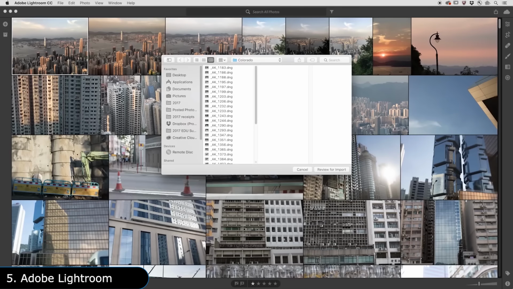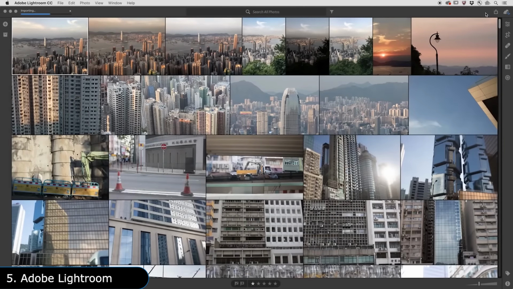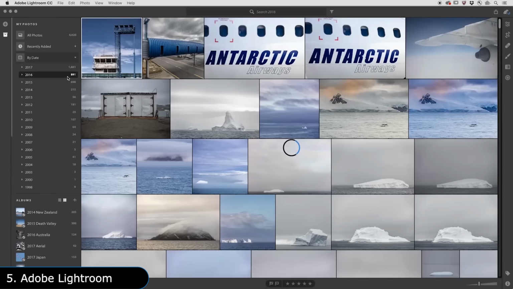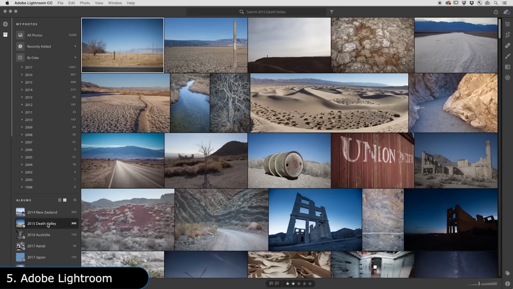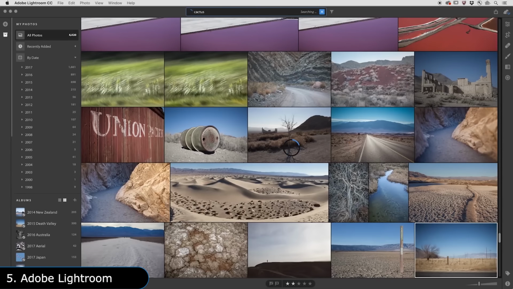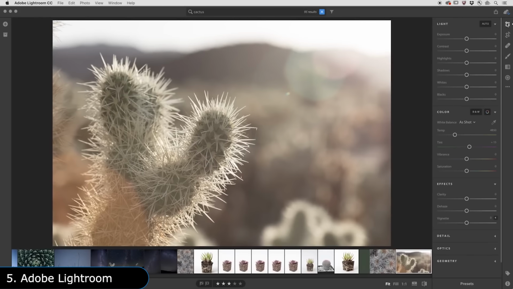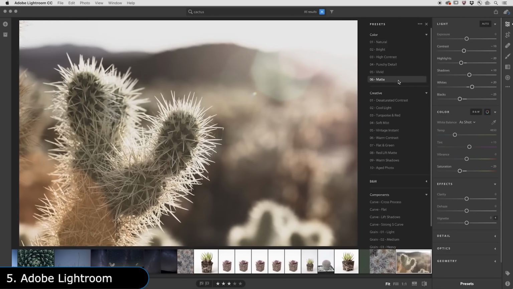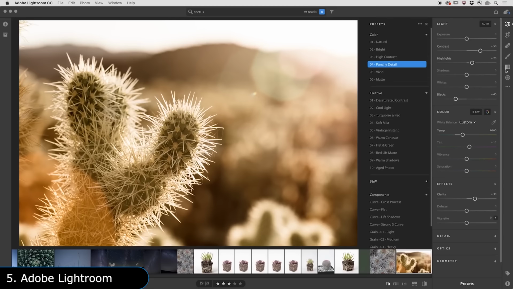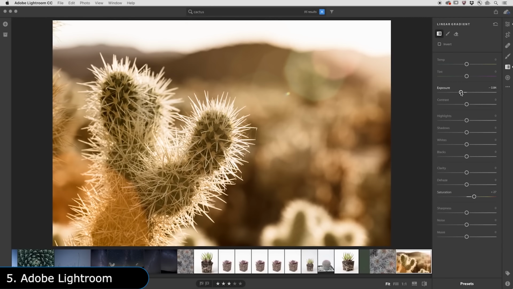Next is Adobe Lightroom, which is a photo editing software similar to Photoshop. However, it is specifically designed for making minor edits like color balance, brightness, or contrast of large collections of photos. It doesn't have the pixel level control found in Photoshop, but that also makes it far easier to learn. Professional photographers use it in their workflow as a photo management system for efficiently cataloging, organizing, and post-processing thousands of